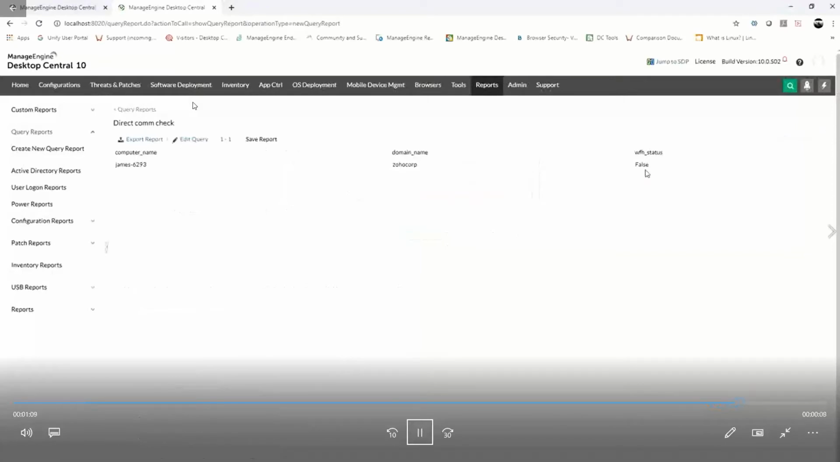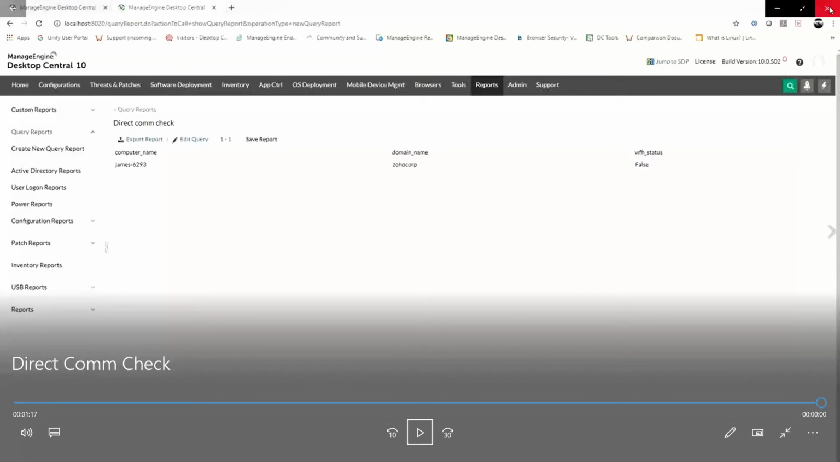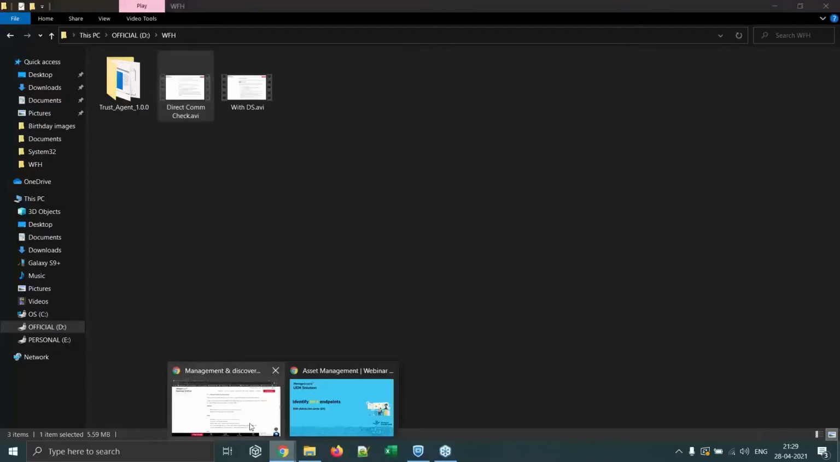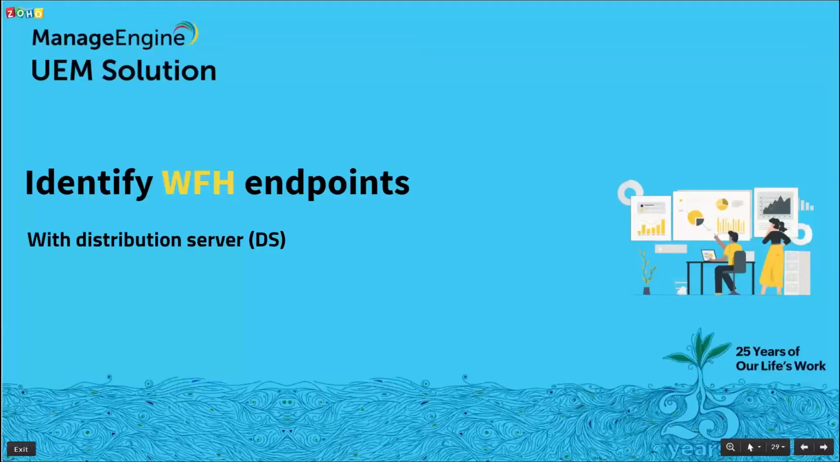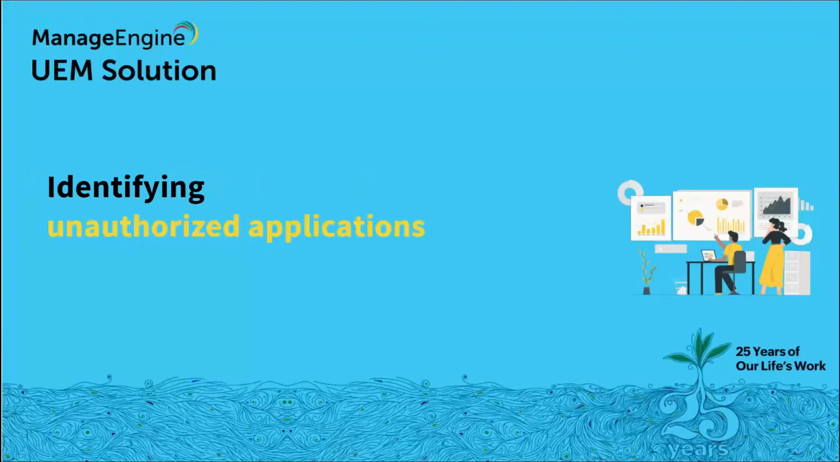When you run it, if the agents are communicating via distribution server, then you get the detail as false. This is how you can identify whether the endpoints are directly communicating to the server or through distribution servers. Sorry for the confusion. Now, once you have identified everything, the first thing that you might want to identify is what